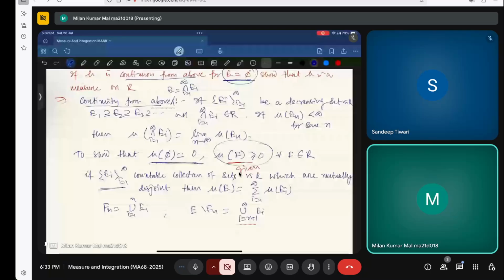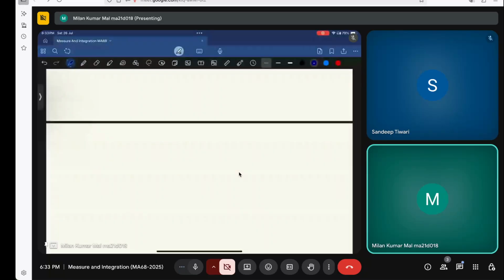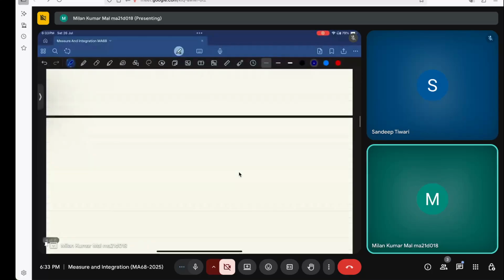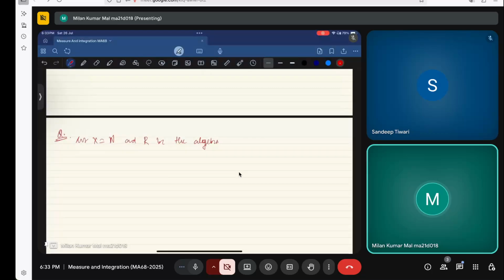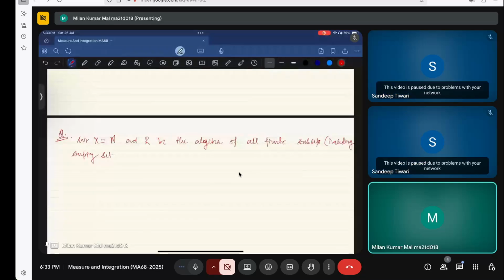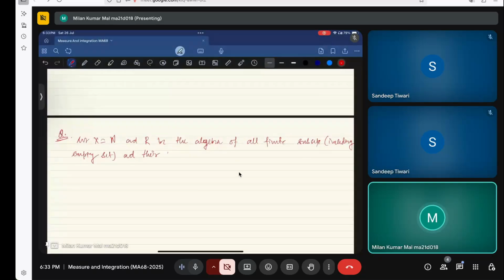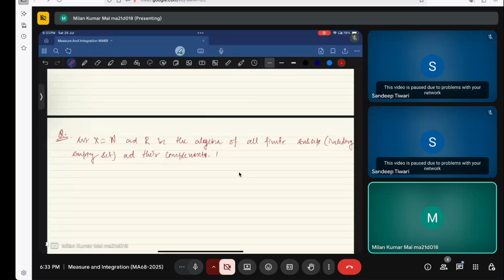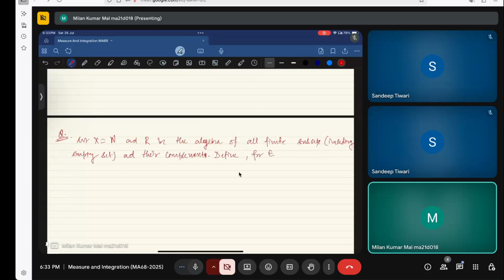Next question is: let X be equal to the natural numbers N, and R be the algebra of all finite subsets, including the empty set, and their complements. Define, for E belonging to this R,